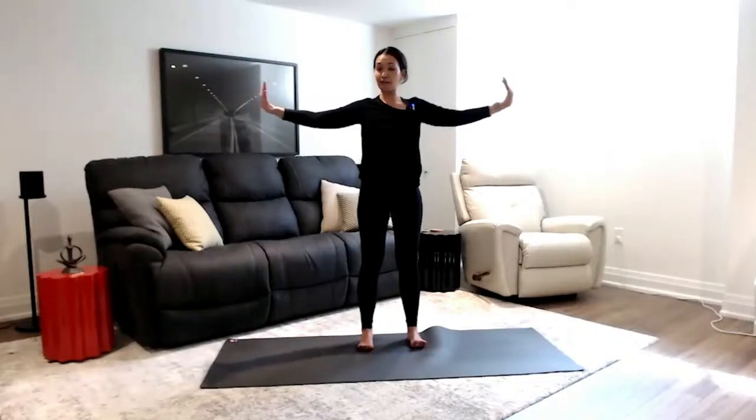So stand up tall, feet hip width apart, reach your arms in opposite directions, flex your hands so your fingers are pointing up, push your hands away from you, imagining a wall closing in, drop your shoulders, arms are straight, and hold. Again, closing the eyes, tuning inwards here for 1,